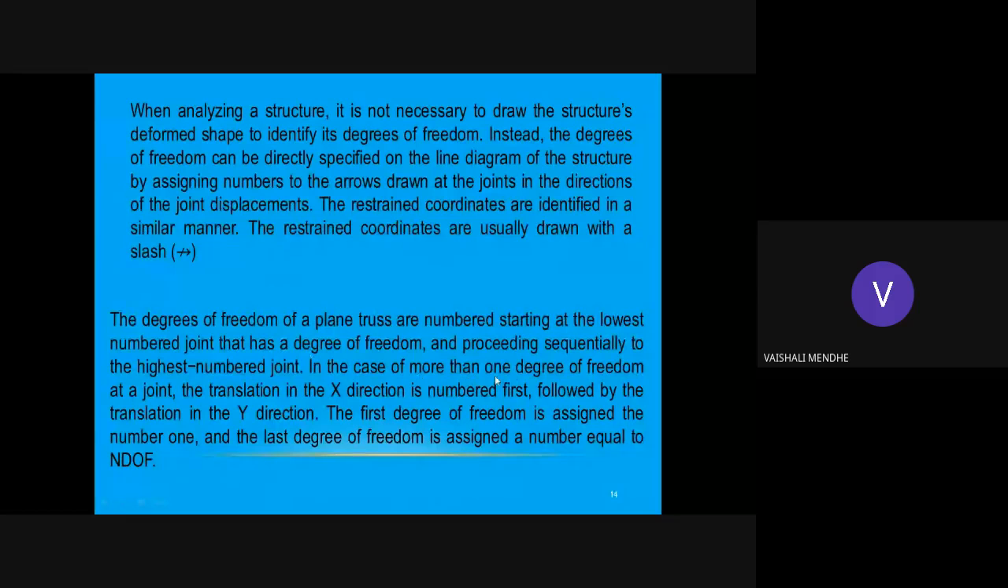In the case of more than 1 degree of freedom at a joint, the translation in the x direction is numbered first, followed by translation in the y direction. If a joint has displacement in both directions, first we will assign a number for the translation in x, and then we will assign a number for translation in y. The first degree of freedom is assigned the number 1,